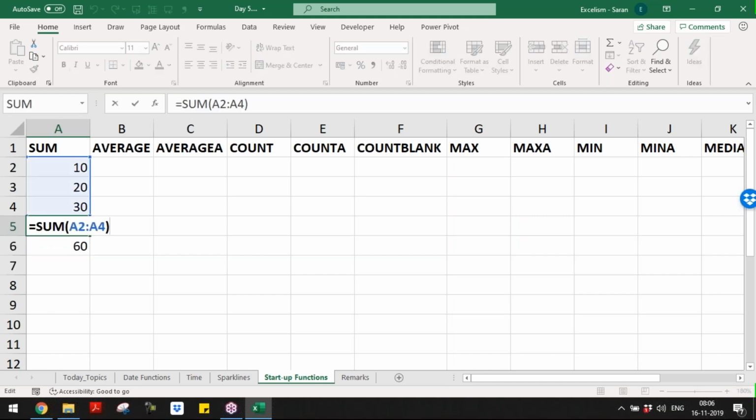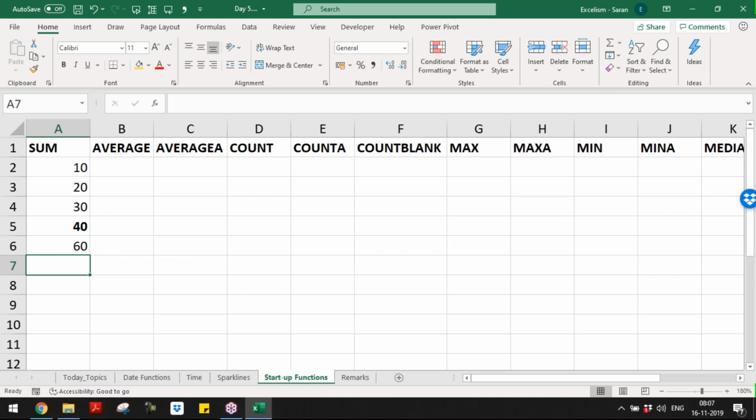In the other case, I entered only one argument, which is a range. An argument can be even a range, and an argument can be even a number which I can enter directly. So both are the same.